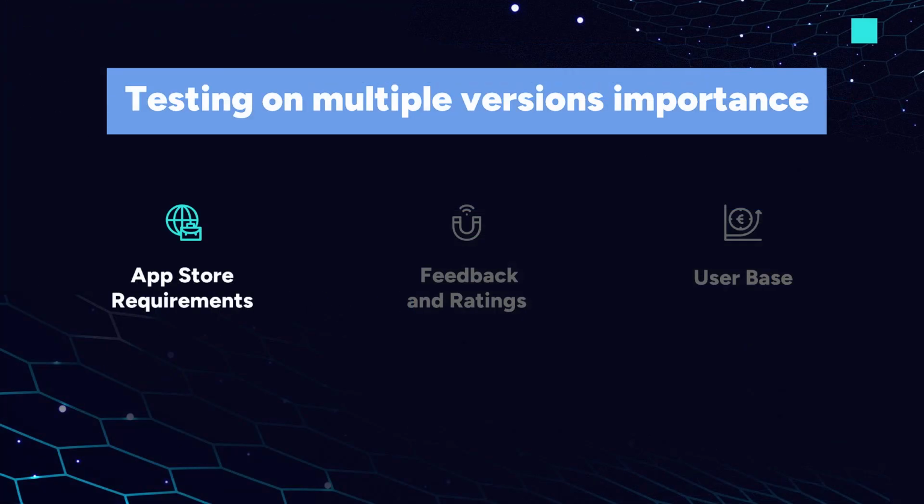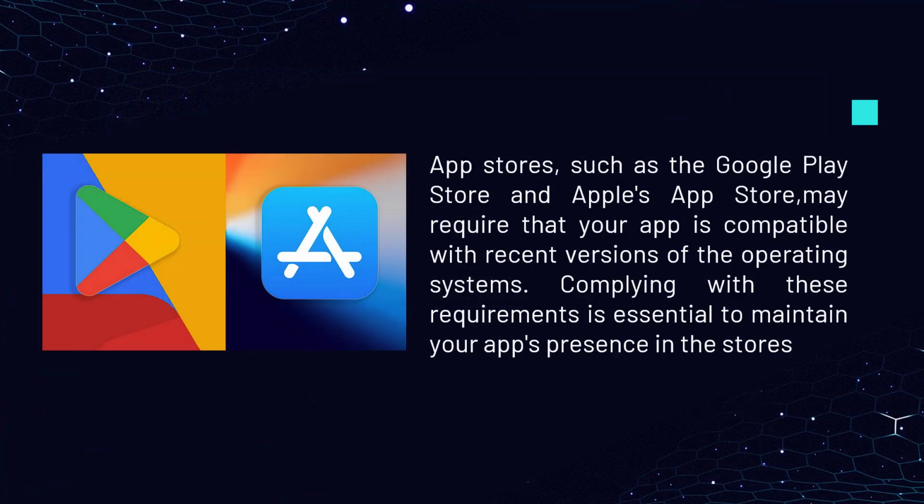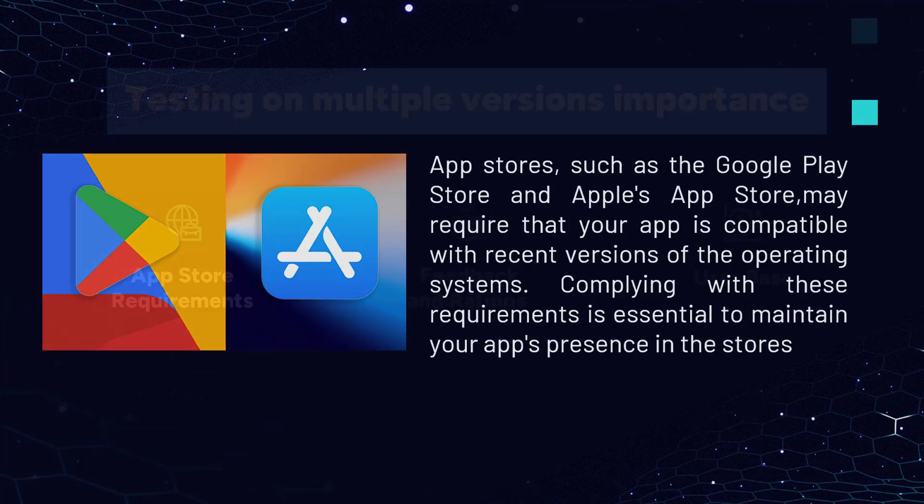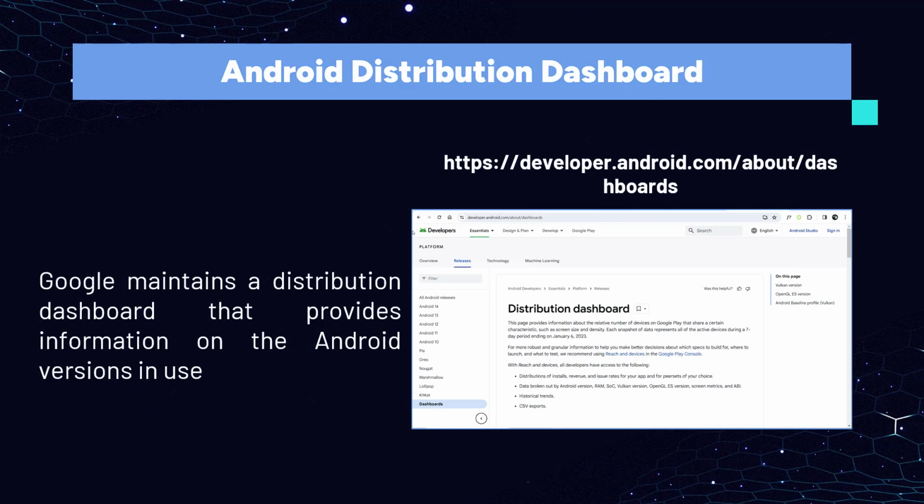Testing on multiple versions of Android and iOS is important for several reasons. The key reasons are: first, App Store requirements. App stores, such as the Google Play Store and Apple's App Store, may require that your app is compatible with recent versions of the operating systems. Complying with these requirements is essential to maintain your app's presence in the stores. The next key reason is feedback and ratings. Compatibility issues with specific versions can result in negative user feedback and ratings. Comprehensive testing can help prevent